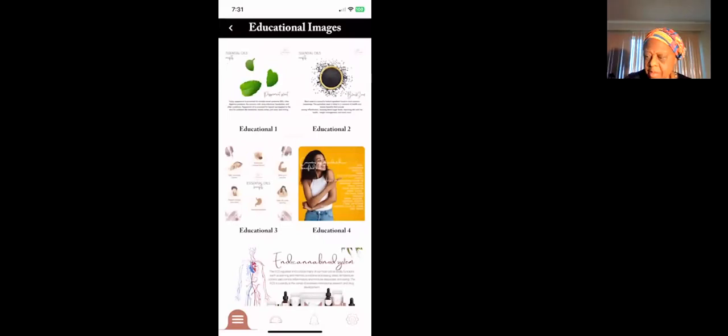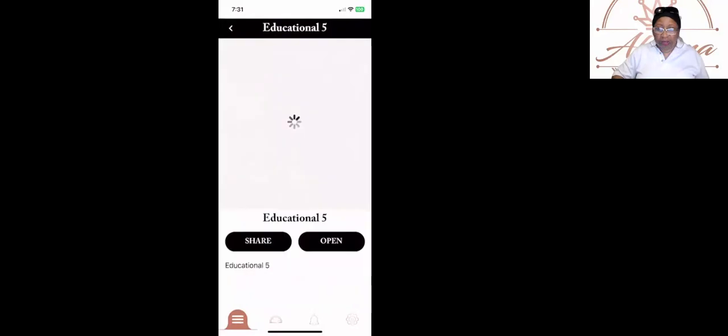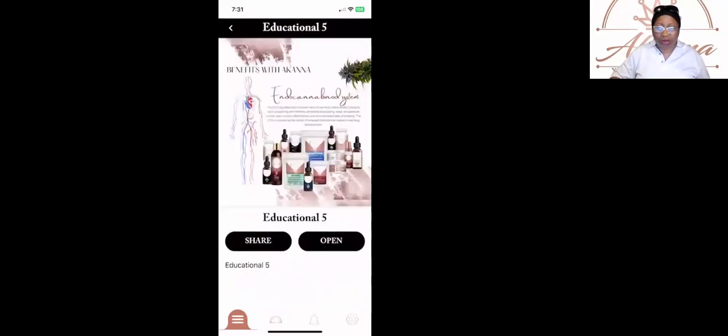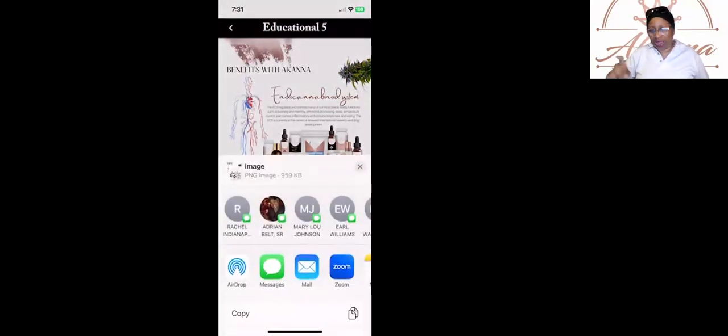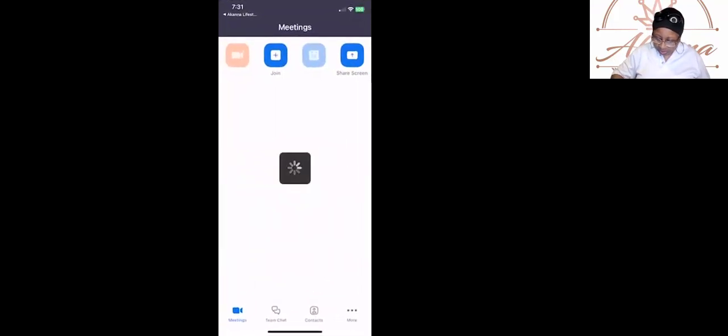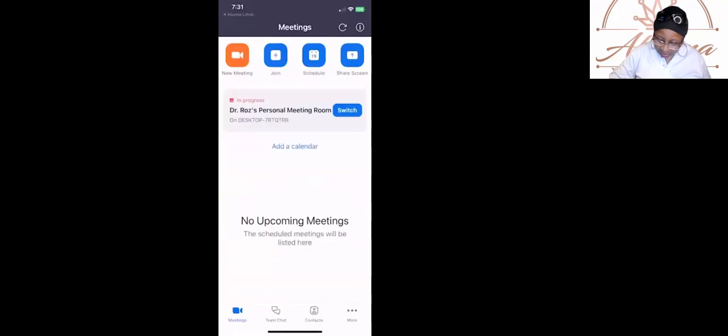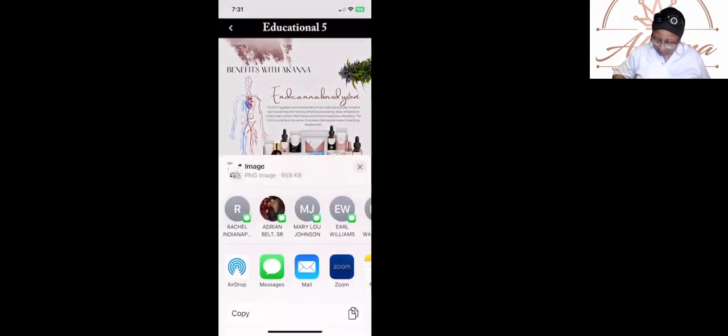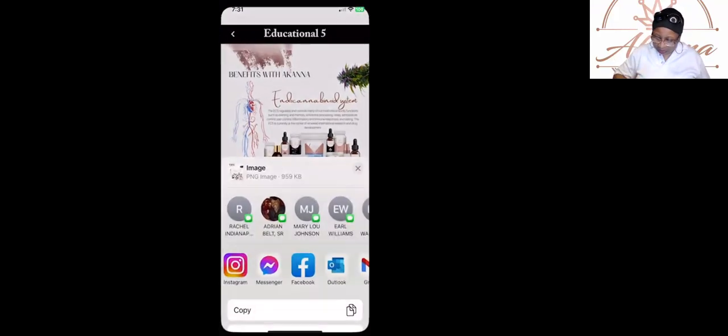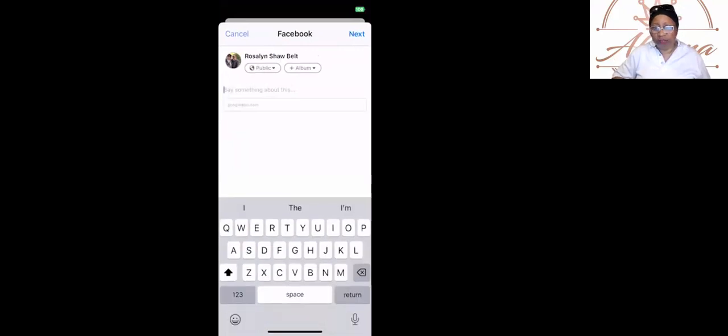All right. Look at this one down here, the endocannabinoid system. Oh my God, that's a beautiful picture of the endocannabinoid system. Beautiful. And if you hit share, you can post it directly to your Facebook page. Oh, I didn't mean to hit Zoom. Oops, cancel that. Share to Facebook. See there? And then you don't just post it, y'all say something, okay? Say something about it.